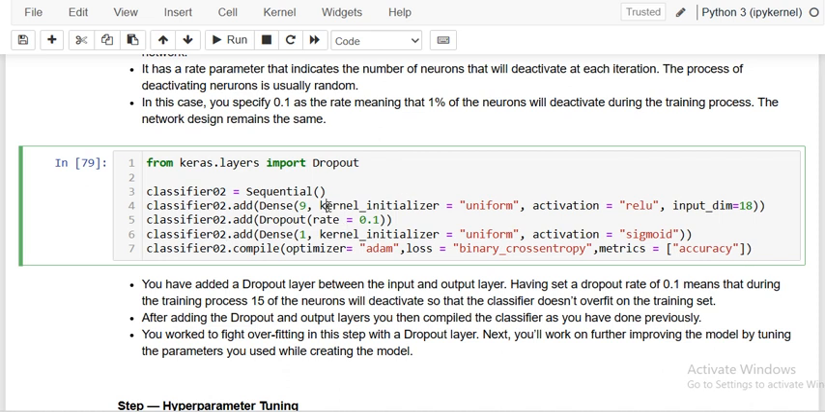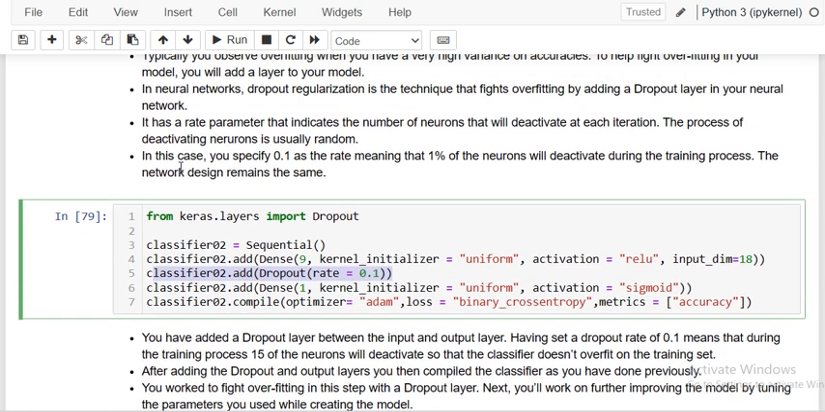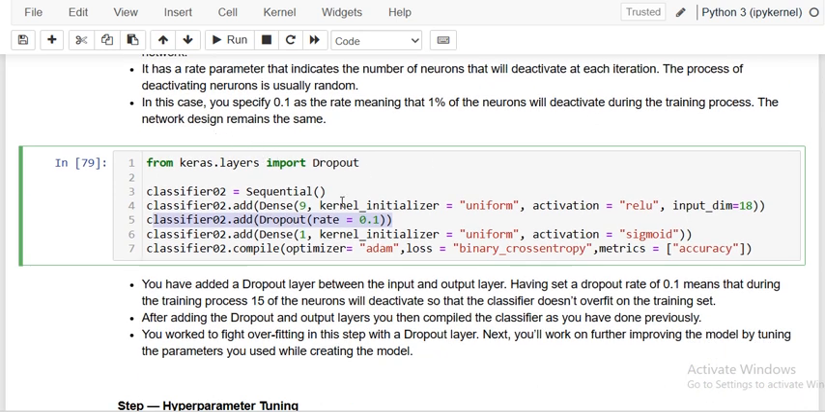Okay, and you can see here the same kind of things we have already used here. The only thing is we have added dropout here, and the rate is 0.1. So 0.1 means what? We are specifying what percentage of neurons will be deactivated during the training process. The remaining network will remain as it is. So 1% of neurons we are deactivating during the training,